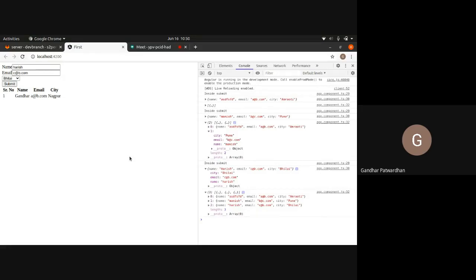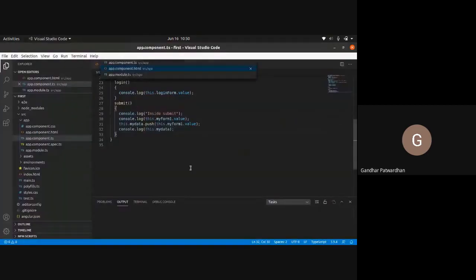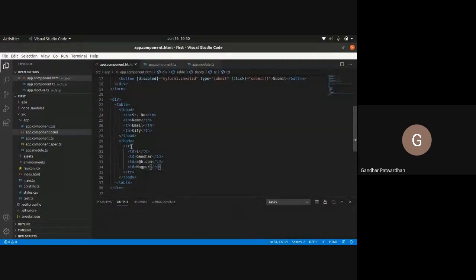Okay, great. Now, the next thing that we need to do is display that in our table. To display an array in your UI, we need to use ngFor. So we'll use that ngFor in our table. Now, to use ngFor in our table, we'll go to the HTML file and here in tr, I would say *ngFor equals let m of myData, right? I'll give a semicolon and I say let i equals index.